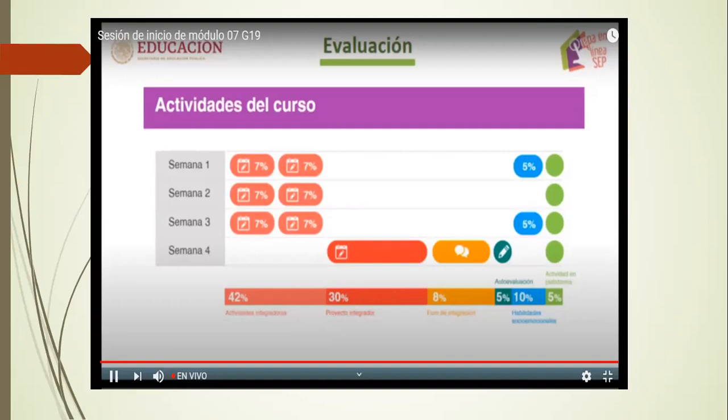It counts the time that you devote to work in the learning platform, and it also counts when you participate in the learning forums. All of that is covered in the 5% of your grade. So as you can see, this is the way that you will be evaluated.